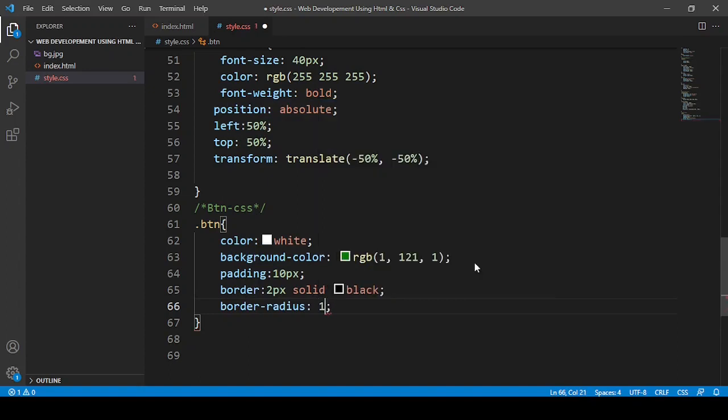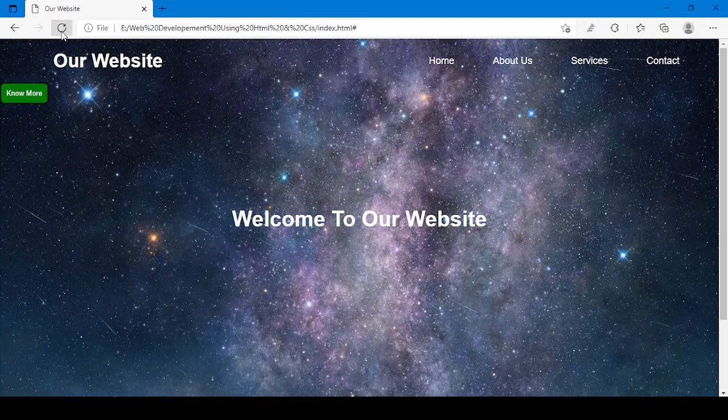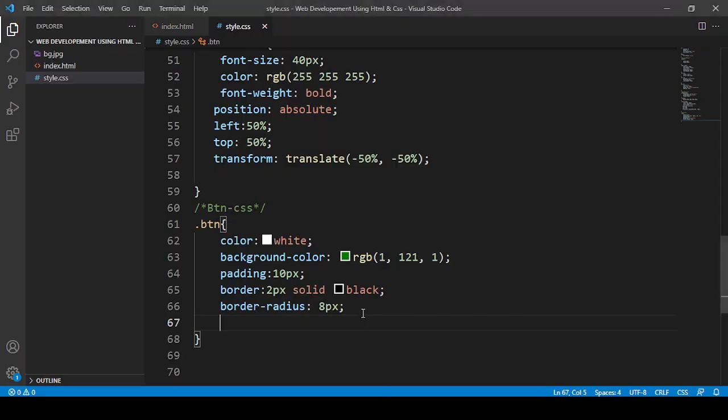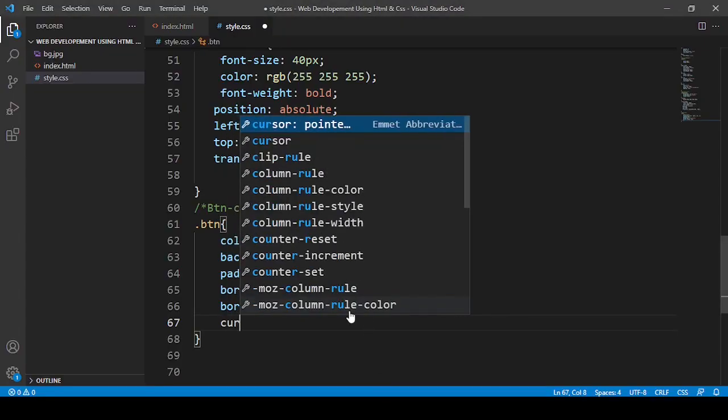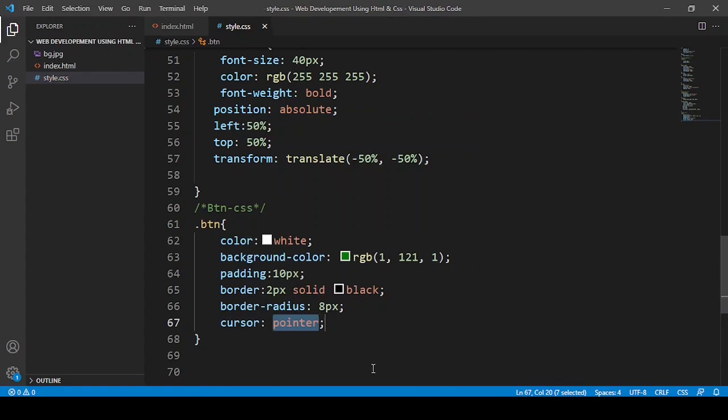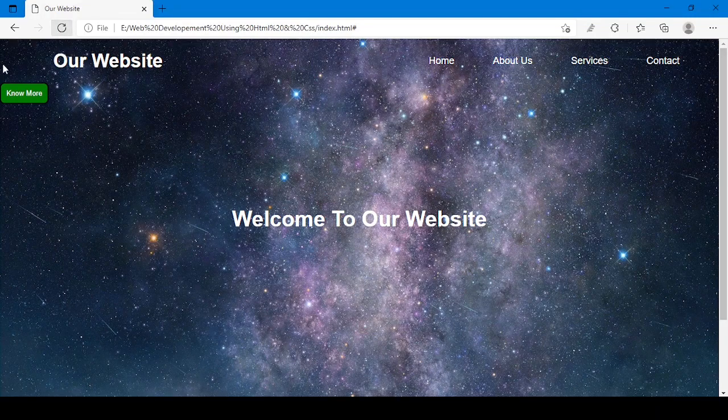For example you might want 8px, and then I'm going to save it. Now if you reload it, see here it is. One thing I missed is cursor pointer. Now see how the cursor changes when I hover on top of this button.